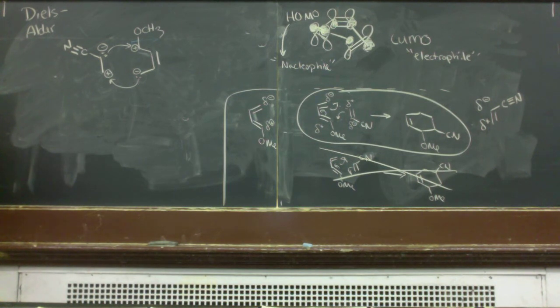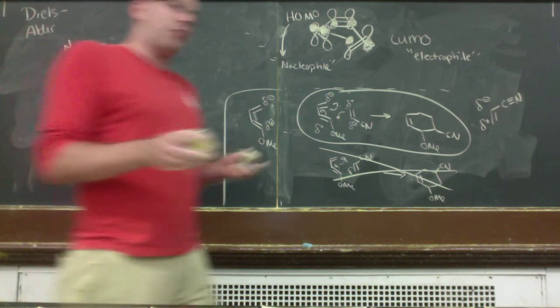And you should be able to do that using this sort of electronic arguments here. Okay. Now, in addition to the regioselectivity, there's also a stereoselectivity and a diastereoselectivity within Diels-Alder chemistry. And this is where now we have to,